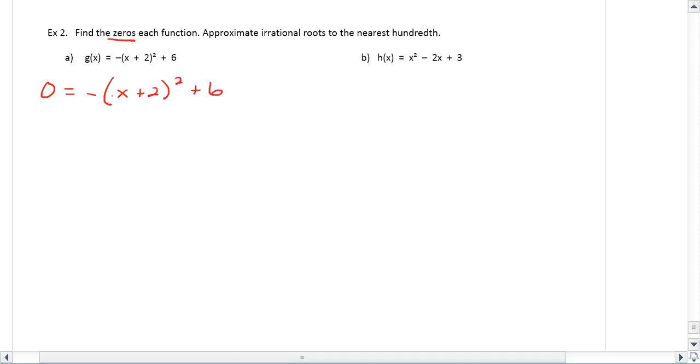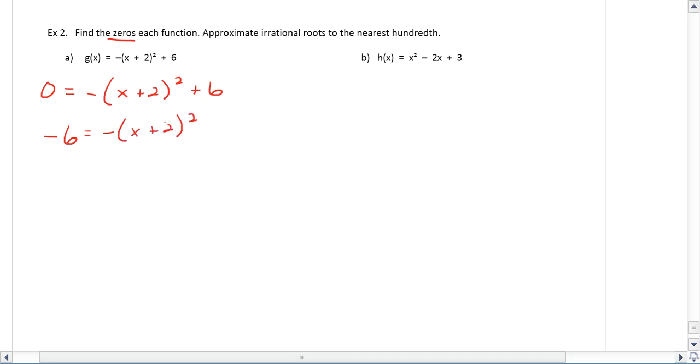If you're interested, you can graph this on your calculator, and if you would do that, you would see that we end up with a parabola, something like this. It crosses the x twice. So even before I start the problem, I know that I'm looking for two real answers. This seems to be very nicely set up for the square root method. So I'm going to subtract a 6 from both sides,